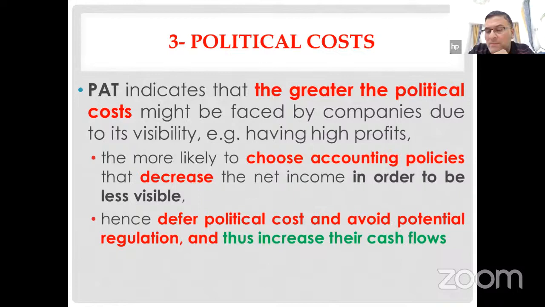Hence, they defer political costs and avoid potential regulation, and thus increase their cash flows. Political costs include many things. Some of these things are taxes, some regulations against the